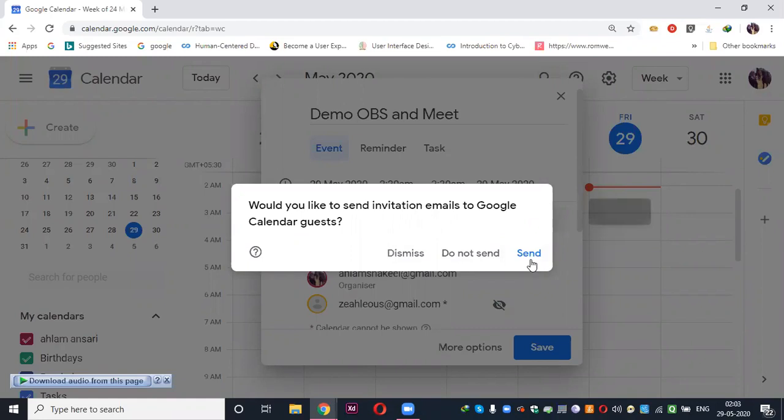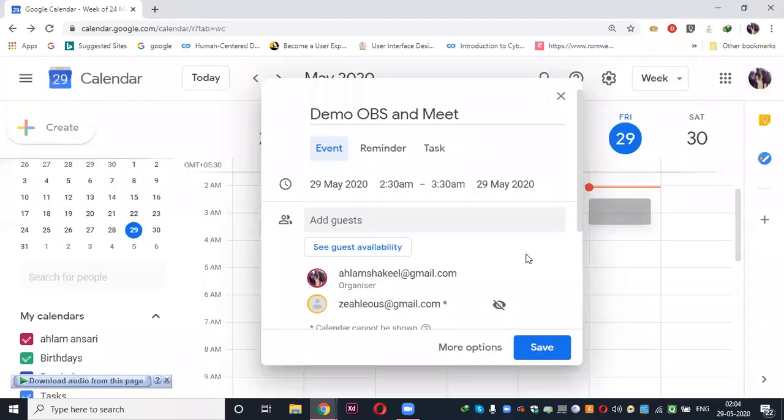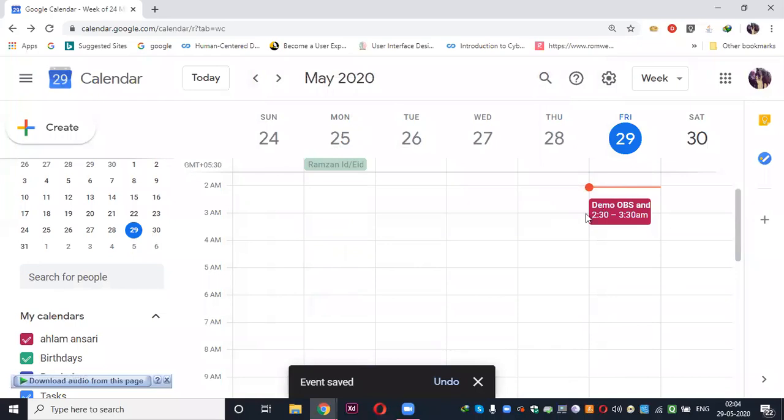If I send it, the email will go to that person and that person can log in using that email because the link will be going to that person. I can also not send it and send it later. So let me send it right now, and over here, see, the meeting has been scheduled.